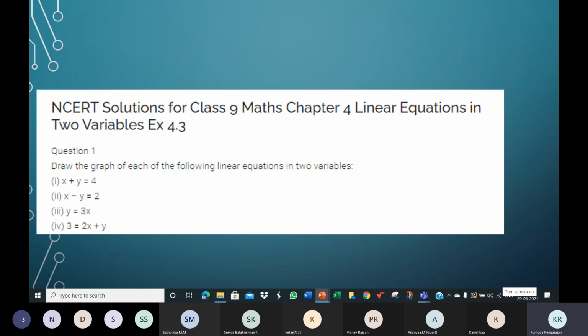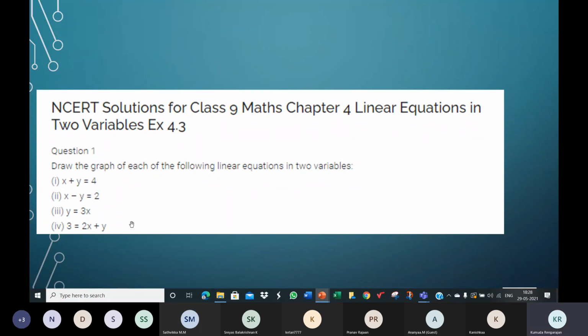What's the value of C in the second? The second one, meaning the third subdivision, the second graph which we did. What's the value of C there? 0, ma'am. The value of C is 0. And what happens when the value of C is 0? When the value of C is 0, the graph of that equation passes through the origin.